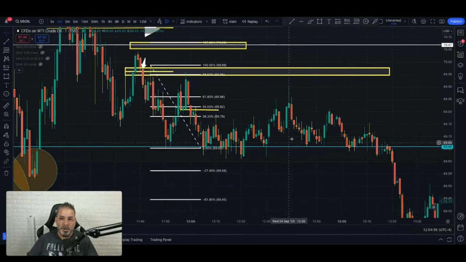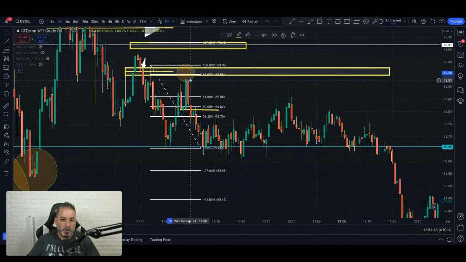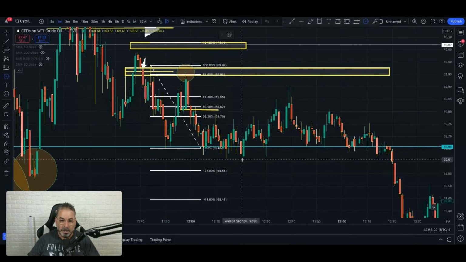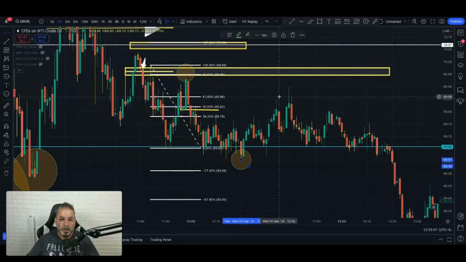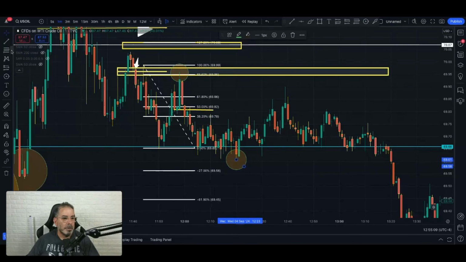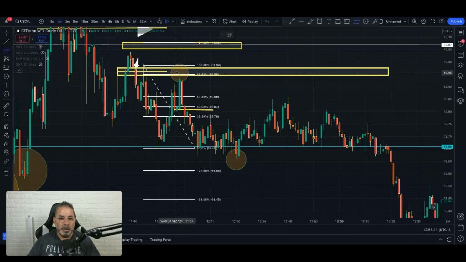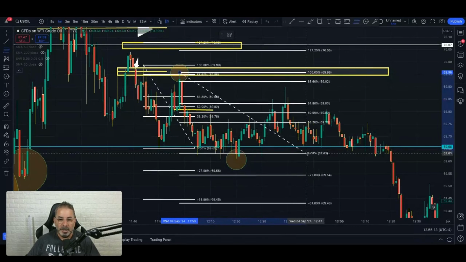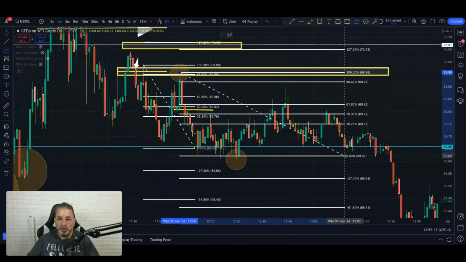Now, this was our entry. Remember that? Remember this entry, the wick, right? That's where price stopped and reversed. Where did price take off back up? From here, right? We came all the way down, and then we eventually, yo, Fibonacci, I need you one more time, brother. Let's throw Fibonacci. Let's kind of validate what we're trying to do.